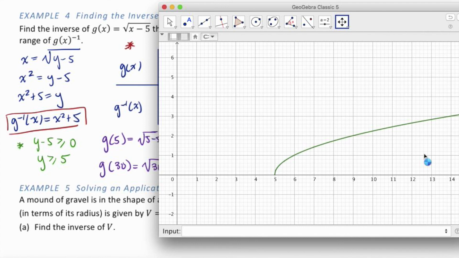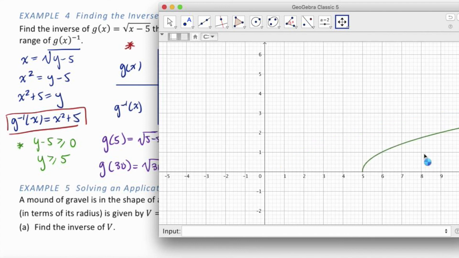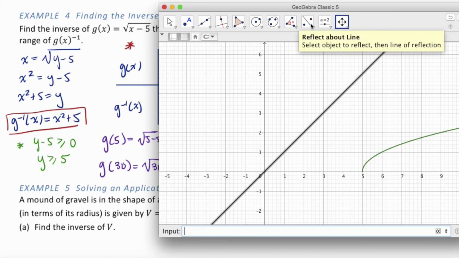So I'm just getting back to the view where we started. And recall, we always reflect these about what line when we draw our inverse functions? If you said y equals x, you're correct. So go ahead and graph y equals x. Then there's this great tool right here,